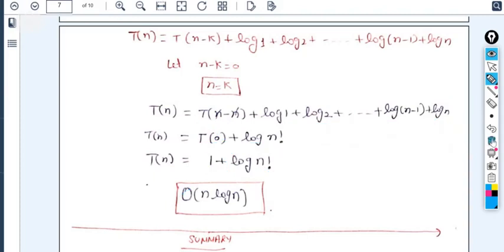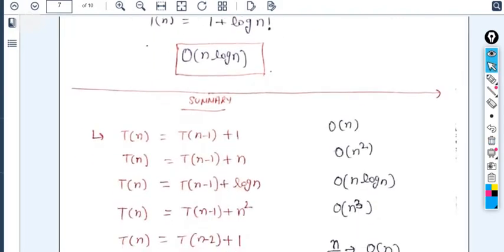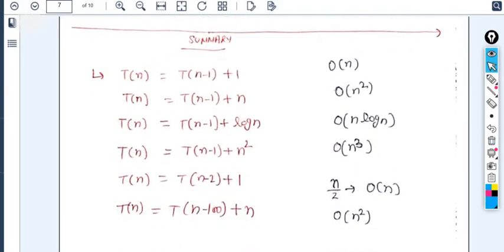So it was all about how to find the recurrence relation. Then after how to find the recurrence relation, we have to take the solution, how to solve those recurrence relations with the help of different methods. We have seen the solution for the recurrence relation with respect to the substitution method and the recurrence tree method. So here I'm providing a summary up to what extent we have solved the problems.